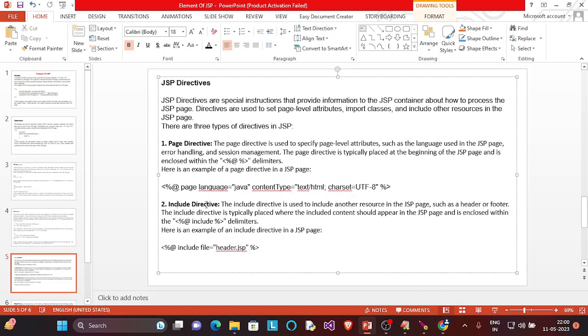So see what the include directive is. The include directive is used to include other resources in a JSP page, such as a header, a footer, or some other HTMLs or JSP pages. The include directive is typically placed where the include content should appear in the JSP page, and is enclosed within the